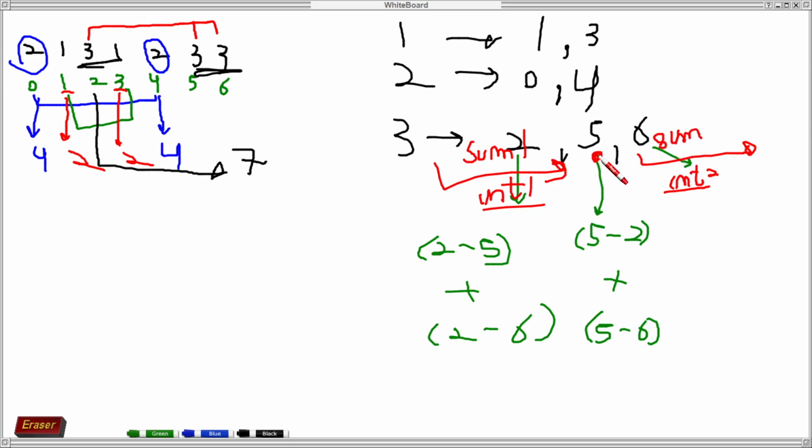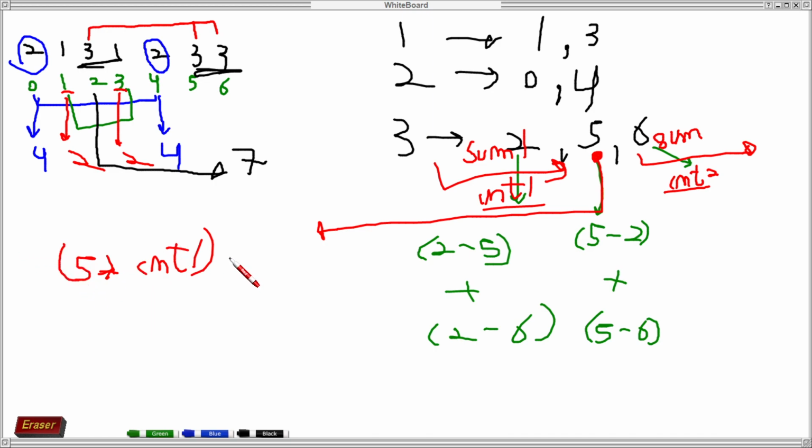Now for finding the answer for this index 5, we can simply do 5 into count 1 minus sum 1 plus sum 2 minus 5 into count 2.